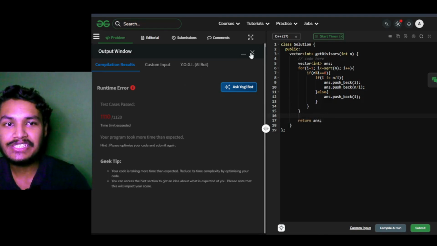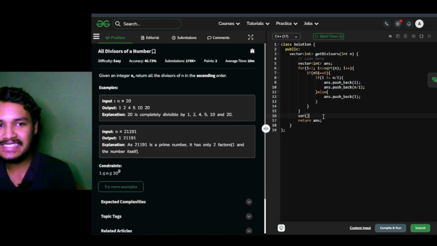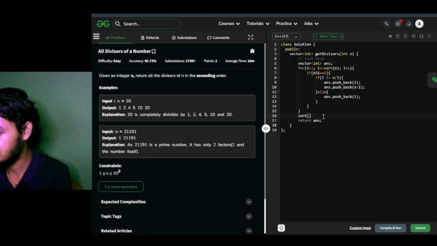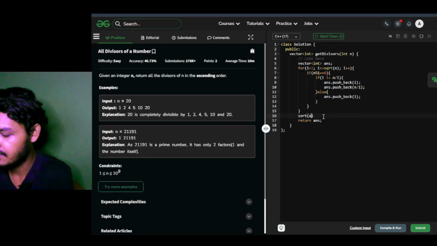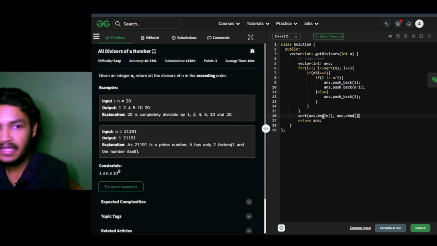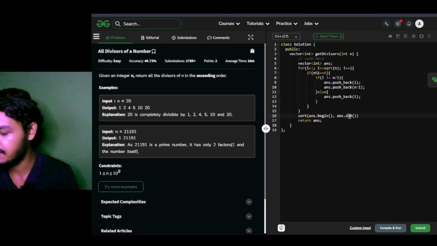But in this question we have to return the list of divisors in ascending order, so we have to sort this answer. In C++ we have a sort function which can sort the array: answer.begin, answer.end, and this will sort the array.